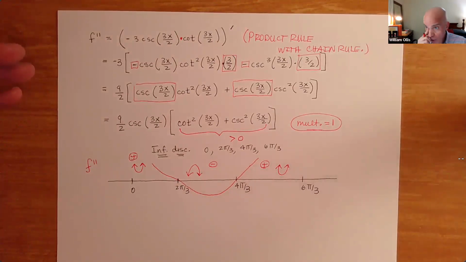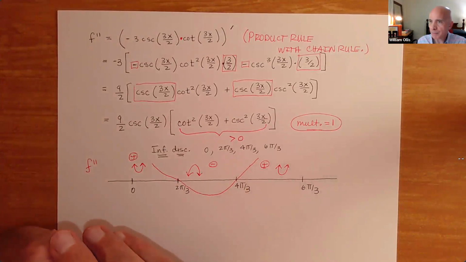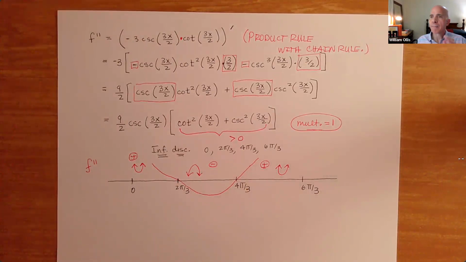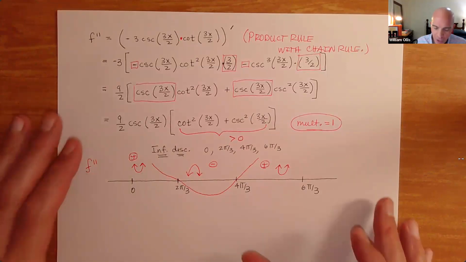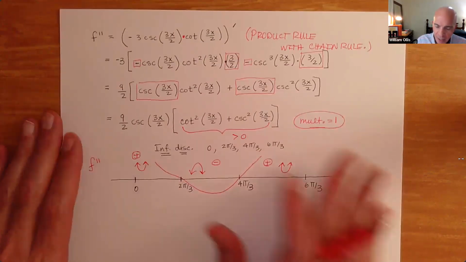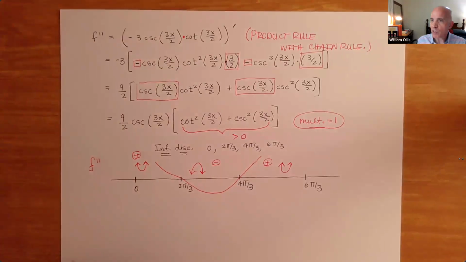When you are doing graphs based upon a parent, you are assuming that the parent has been drawn correctly. Okay, so that was a big plus. And what's important about the parent is that we understand the arithmetic when it comes to what? Zeros, because we have the unit circle, and infinite discontinuities. Okay, we understand that because we have the vertical asymptotes, which are at least defined in an intuitive sense in the pre-calculus classes. So what we're seeing is that the arithmetic of the second derivative supports all of that, but